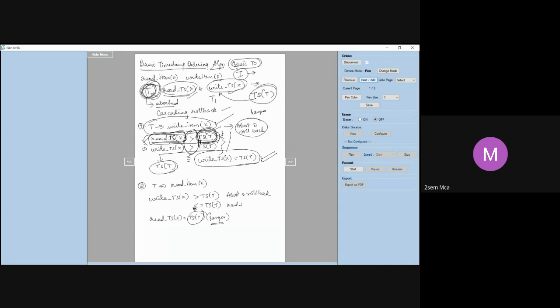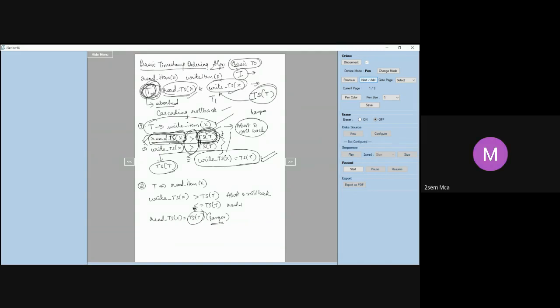Any doubts in this? It's very important to understand, maybe a little tricky, but you have to understand that. Ma'am, suppose there are three transactions, T1, T2, and T3, which are coming at 10:00, 10:05, 10:10. And ma'am, for one transaction they are having read TS of X. But what I am getting confused, ma'am, is if TS of T2 for the one transaction...